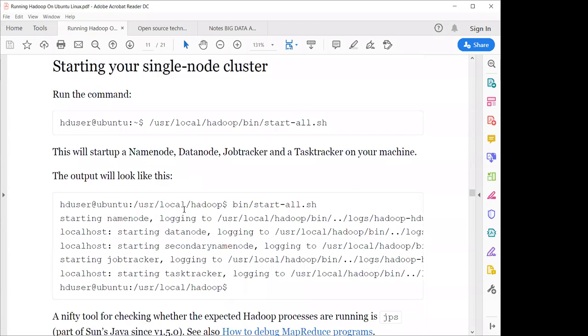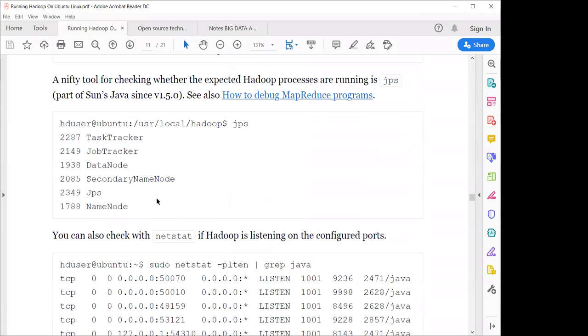After that, to check whether your Hadoop is installed, you will run this command, that is jps. You should get all this information. If you are missing any information, it means your Hadoop is not ready. You have to uninstall it and do the same processing again.